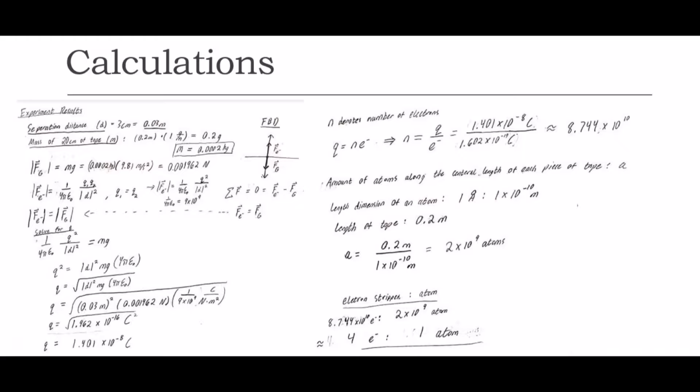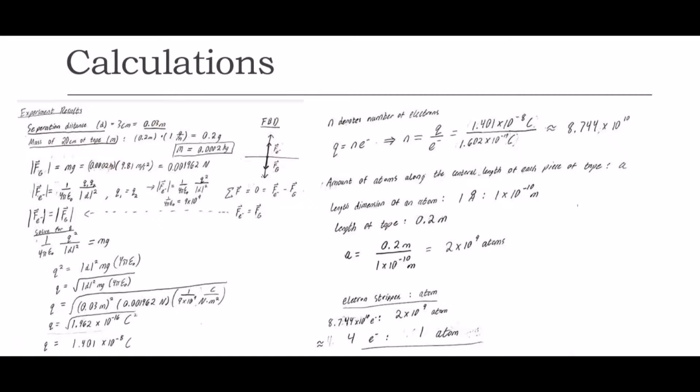And from there, I took that total value and tried to find the number of electrons associated with each length of tape, which are evenly distributed along the length of tape. By dividing the total charge by the unit charge of an electron, the quotient was 8.744 times 10 to the 10. And from there, I